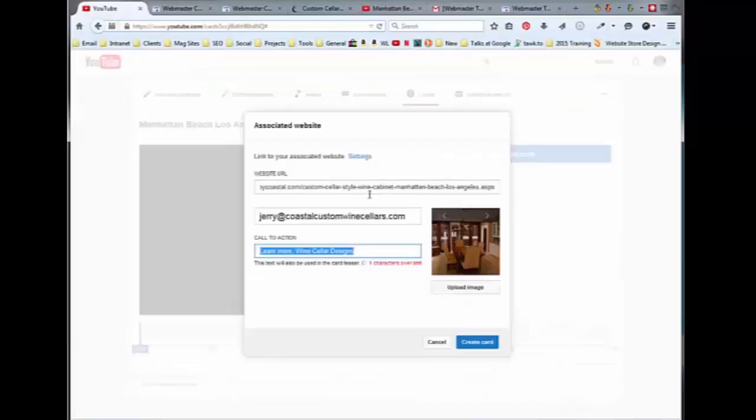Go back to my virtual card here. So how about if I said Los Angeles wine cellar designs, two characters over the limit there, one character over. I'm going to take a little bit of liberty and make that one word, and I just squeeze it in. So Los Angeles Wine Cellar Designs. That works all right. So I'm going to say create card,